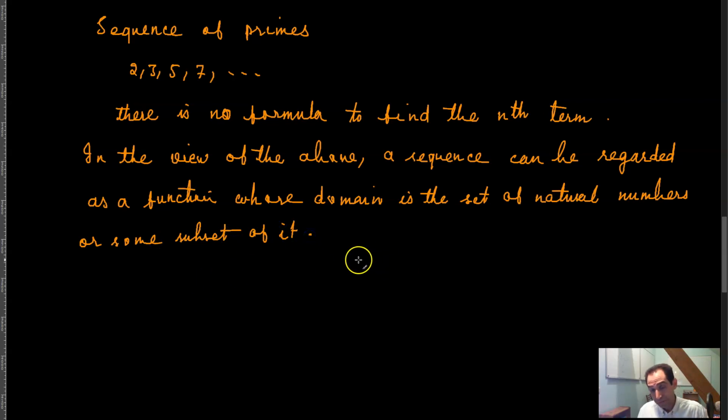The domain of this function, meaning the inputs of this function, is the set of natural numbers, and for every input you get a specific and distinct output, and in that view you can regard the sequence as a function. And sometimes we use the functional notation a of n for a_n,